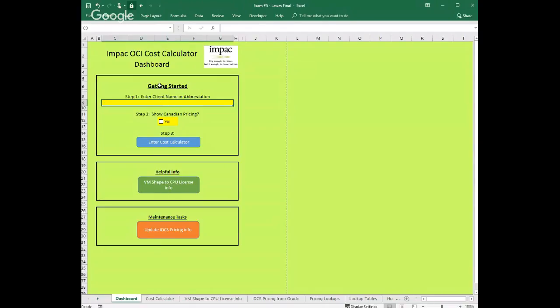This is the dashboard. Has some information for getting started, some helpful info, and some maintenance tasks that can be done. These areas will be expanded as more information is added to expand use in the company. This is the main part of it. So I'll show you how this works. We enter customer name here. So Stevens